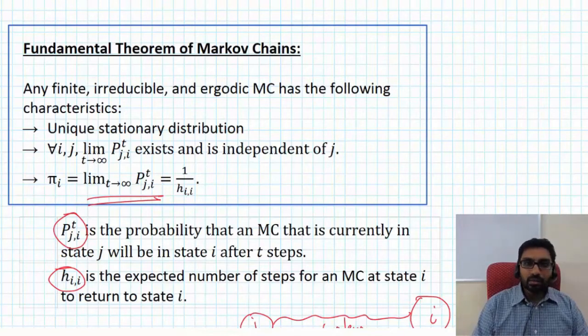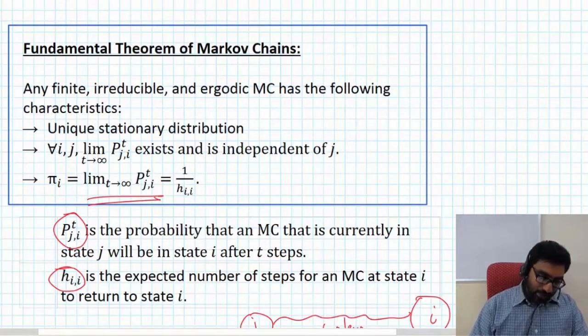Whatever be the way the Markov chain starts, eventually it's going to reach a steady state where the distribution is going to be the same. It cannot lead to multiple different distributions. It can only lead to one unique stationary distribution. So that's very important. Secondly, the theorem states that